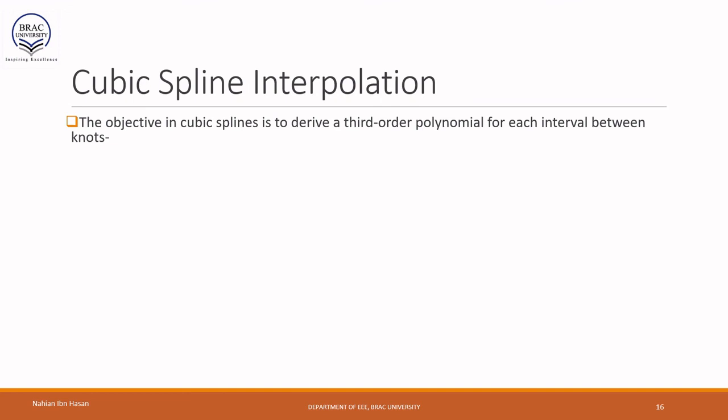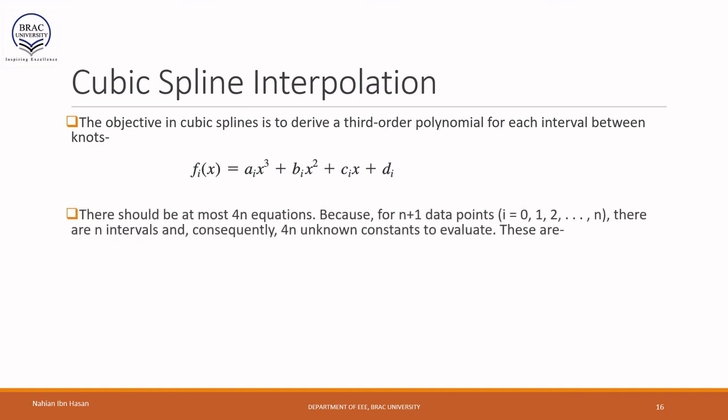So I can easily extend the idea of quadratic interpolation to cubic spline interpolation. In that case, I would have to use a third order interpolating polynomial at each of the intervals. So the third order interpolating polynomial looks something like this. The order of the polynomial is 3, and that's why I would have 4 unknown constants at each of the